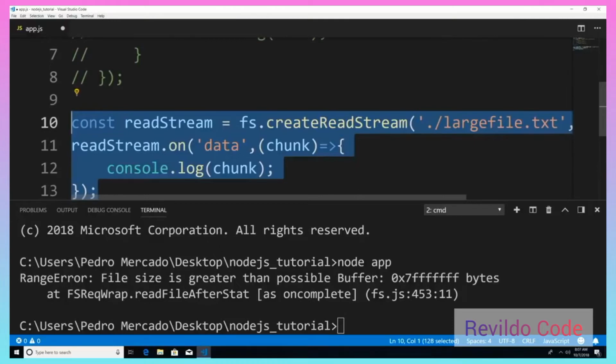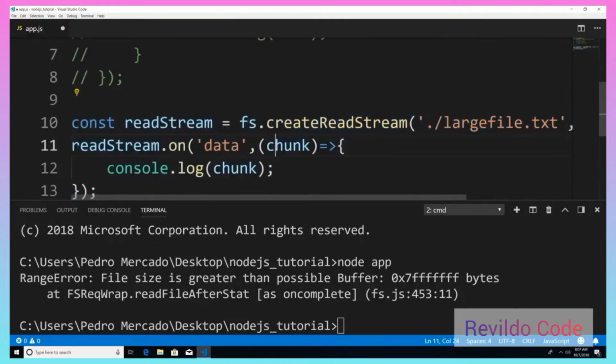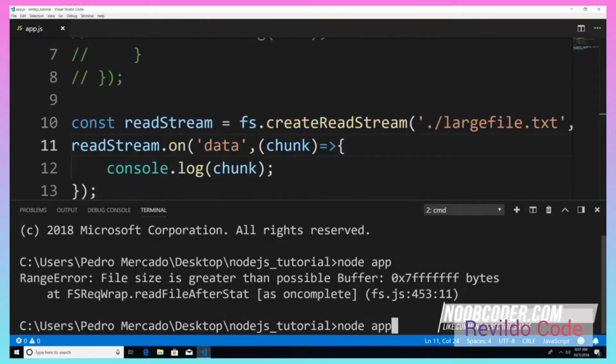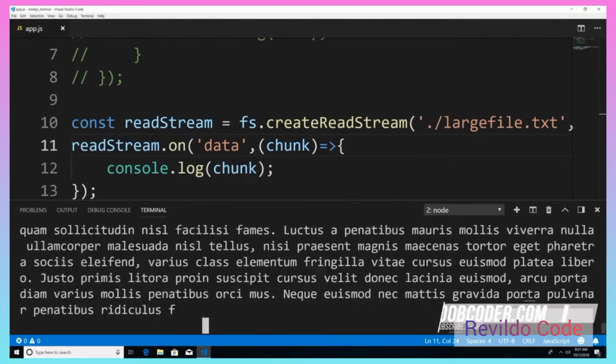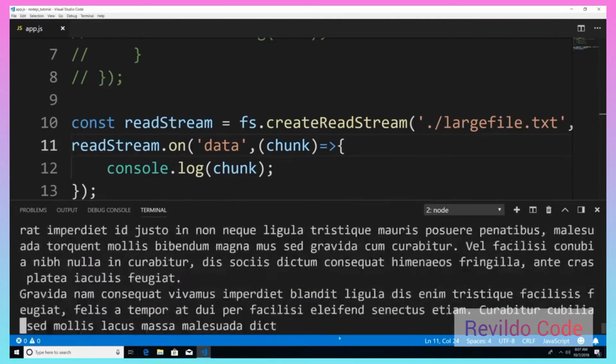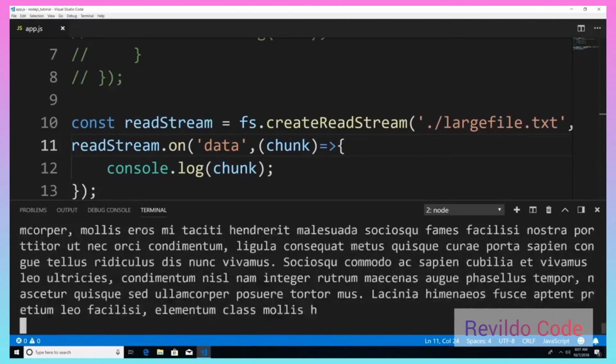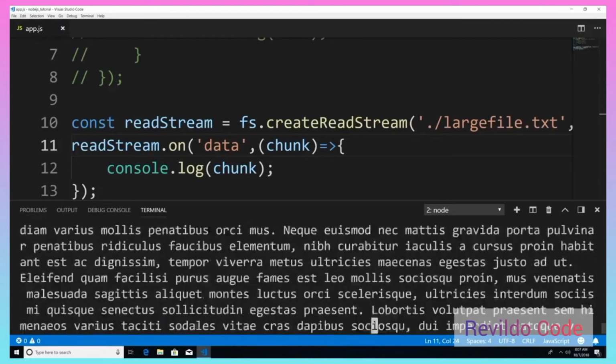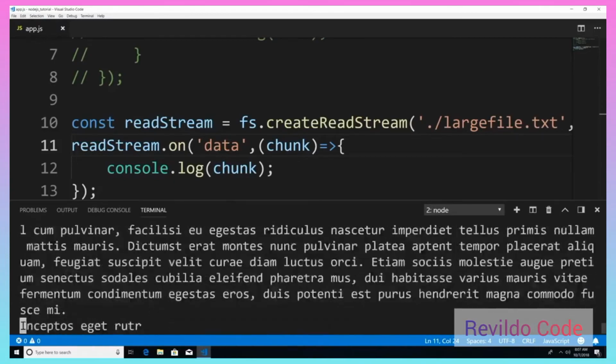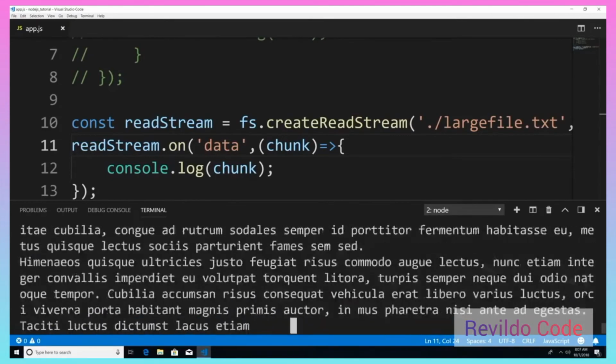So now I have this stream, but look what happens when I execute the code now. If I save this and execute it,